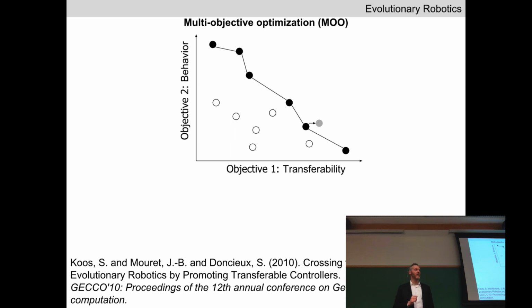That's just one child. How many children are actually produced? 6. Not 6. Oh, wait. 1, 2, 3, 4, 5, 6. Got to remember this one is on the front. 5, right? So we've just killed off these 5 dominated solutions. So we have 5 empty slots in the population.